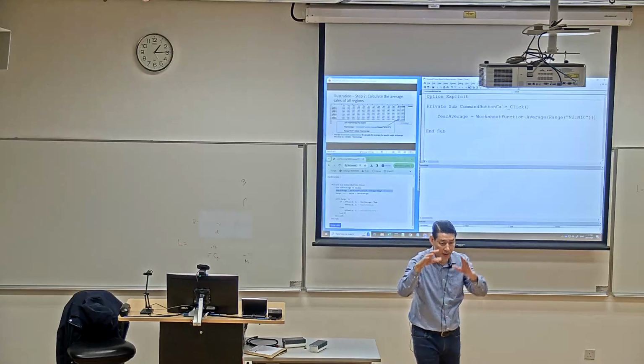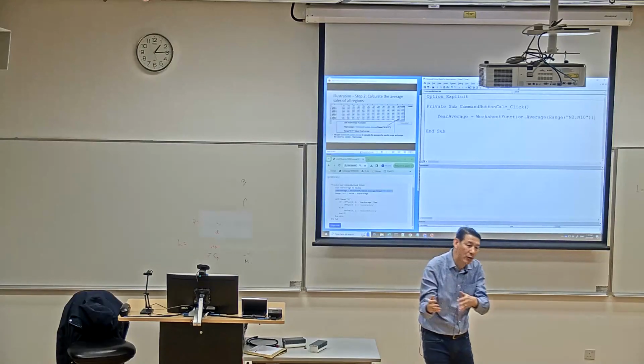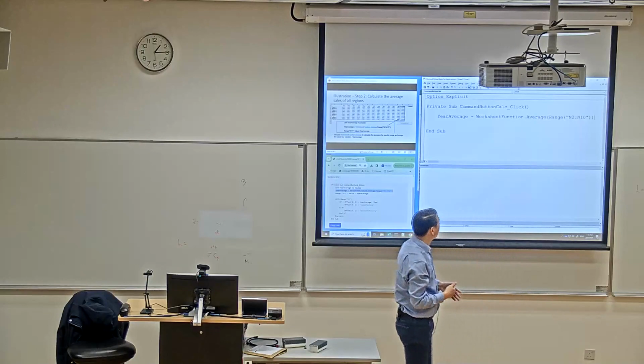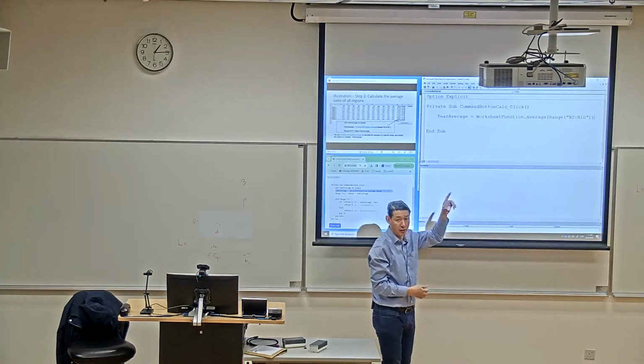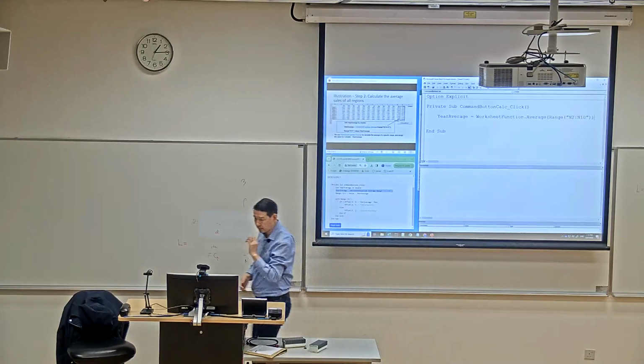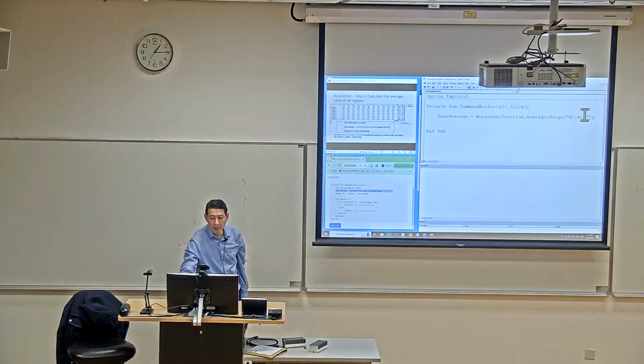Within your VBA program, if you want to use Excel built-in functions, WorksheetFunction can help you do that. Get the data from N2 to N10. Add them together, and we have to write the result to a cell, but before that we have to declare the variables before we actually use them, otherwise you won't be able to do it. So write the results to a particular data cell,